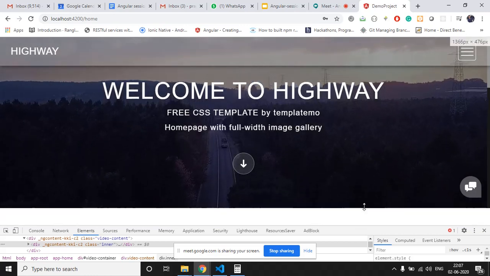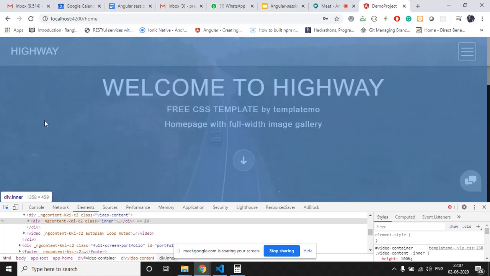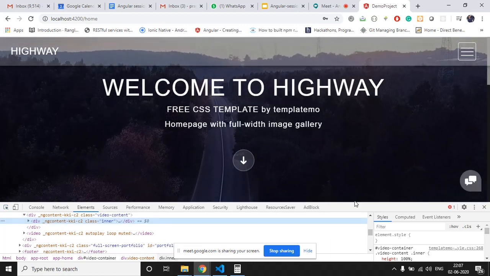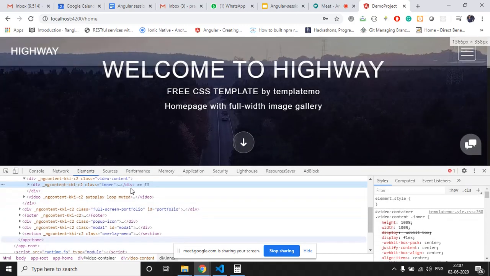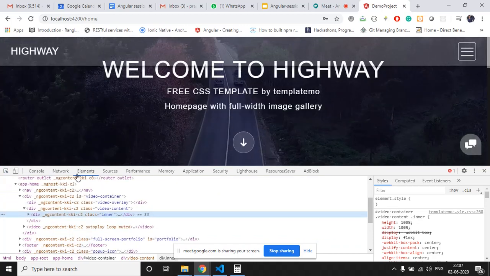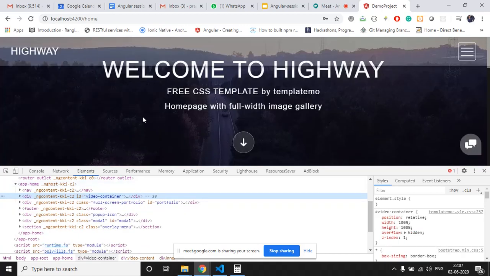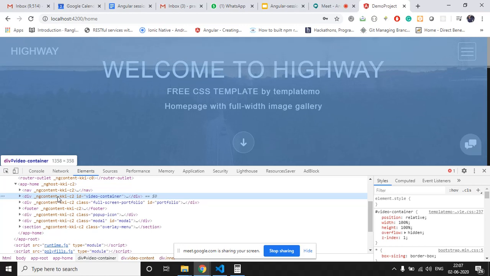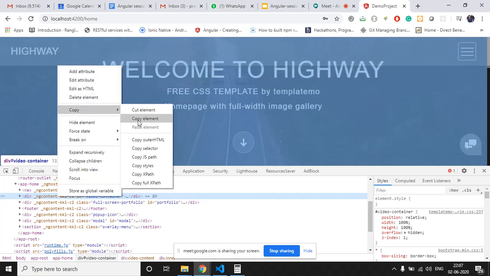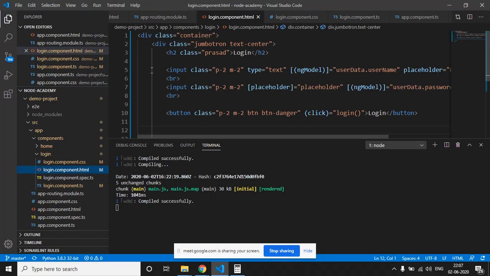To select this component, we can directly select it with this selector. Here we will see this video container, the HTML code for it. Just select this, and it will show you this inner and this video container. So this is the entire component which is present here. We can directly copy this from here, copy and then copy element. It will copy all the HTML code which is present on the browser. Go to our login component.html page